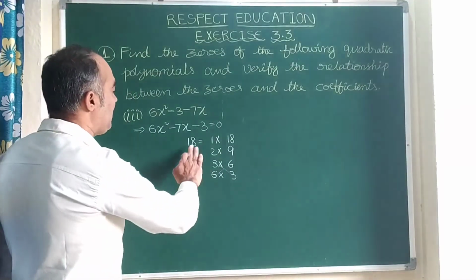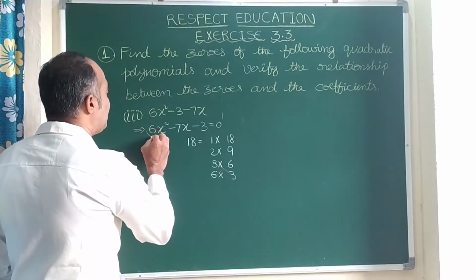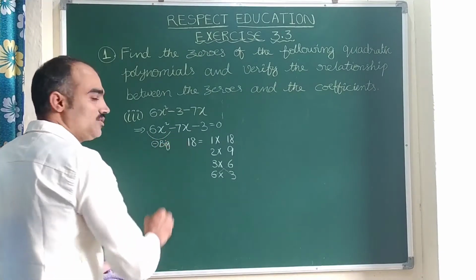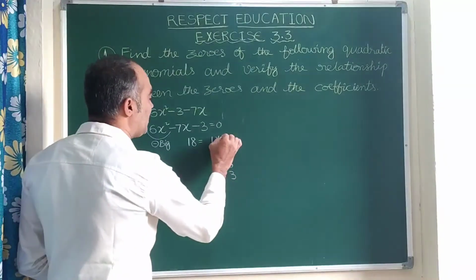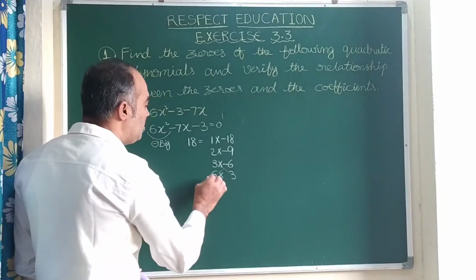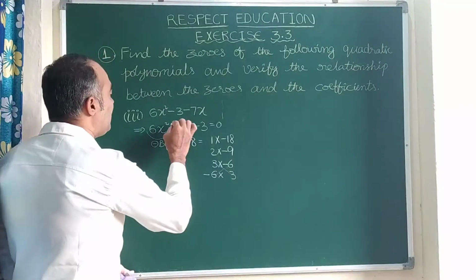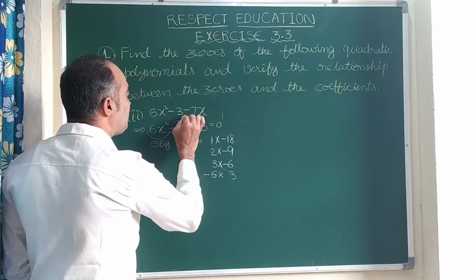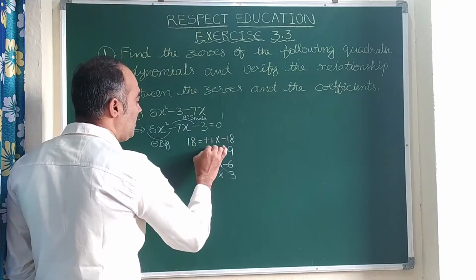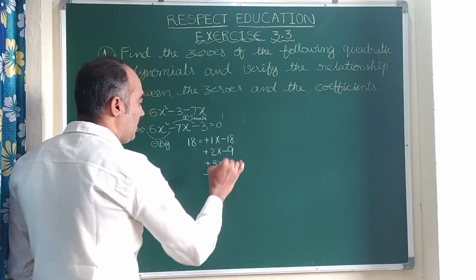Now multiplication is over. Now we need to assign the symbols. For assigning the symbols, here it is plus into minus, and minus is to be given for the bigger value. So in these, 18 is bigger, so minus; 9 is bigger, so minus; in these two, 6 is bigger, so I am giving minus there. Next, minus into minus is plus. This plus is to be given for the smaller one, right? So 1 is small, 2 is small, and in these two 3 is small, so I am giving the plus symbol for that.